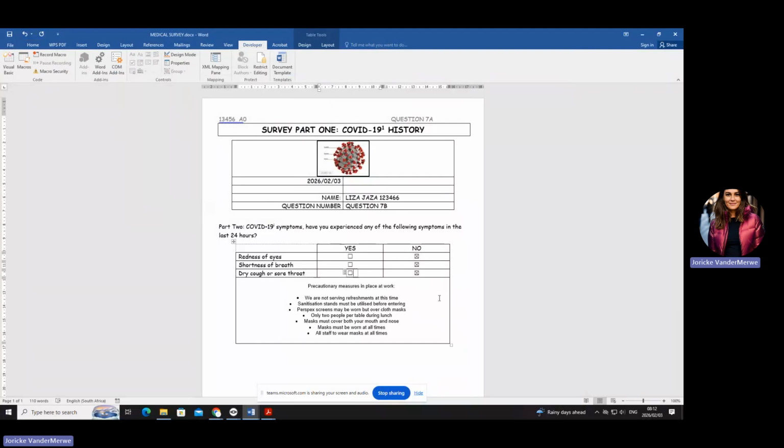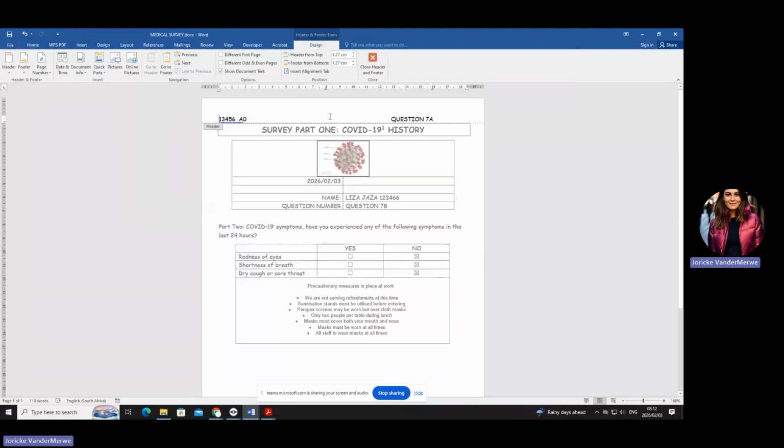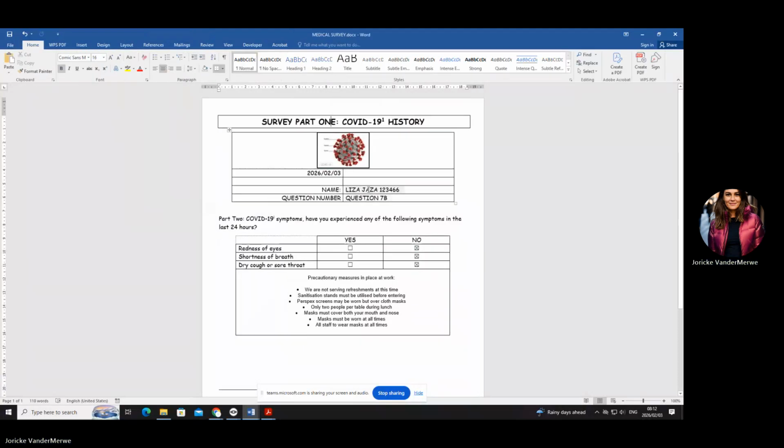Remove the examination number and the question number in the header of the document. Why can you do that? Why can you delete this now? Because it's here. Do you agree with me? Okay, so you actually lost the mark if you left it there. Okay, let's go to number 7.